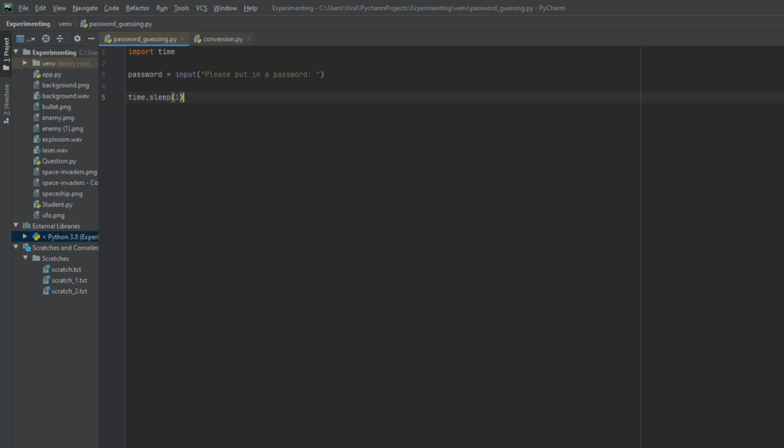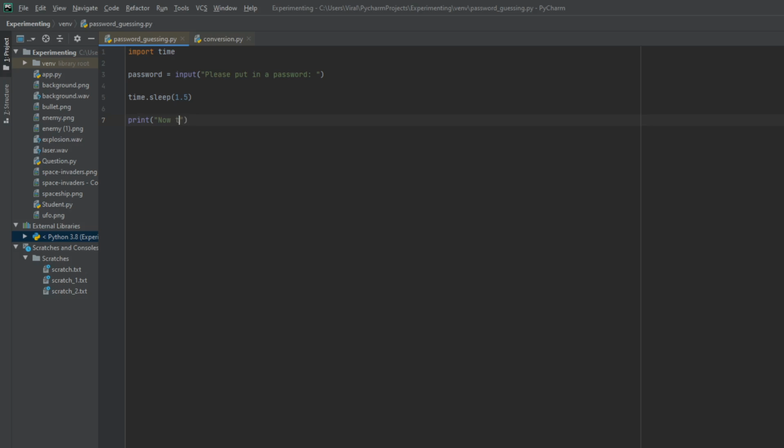Well, let's say 1.5. What this is going to do is wait for 1.5 seconds, and then run the code after. So time.sleep 1.5, and then we'll say print